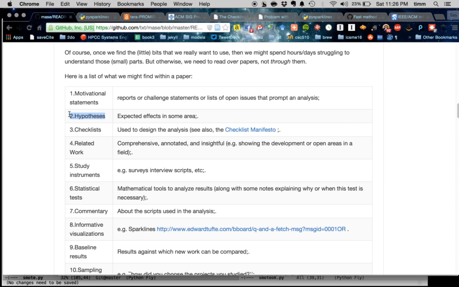The paper might contain a bunch of hypotheses. It might even list them. The hypotheses of this paper are. Papers might contain checklists. There might be a section called related work, where the paper author tries to demonstrate their